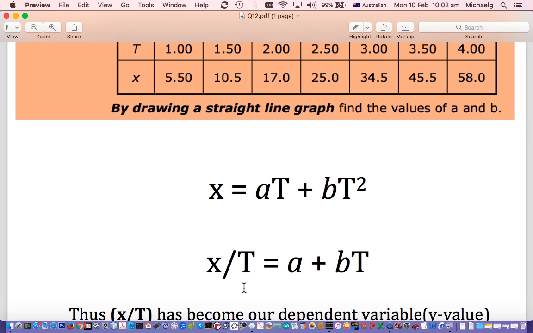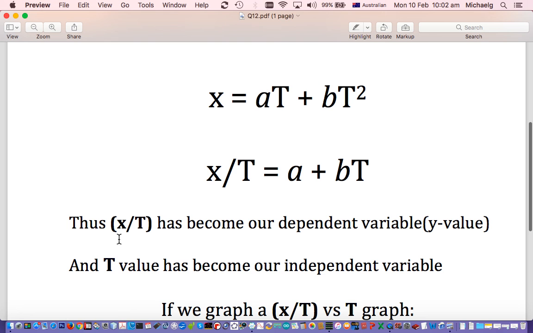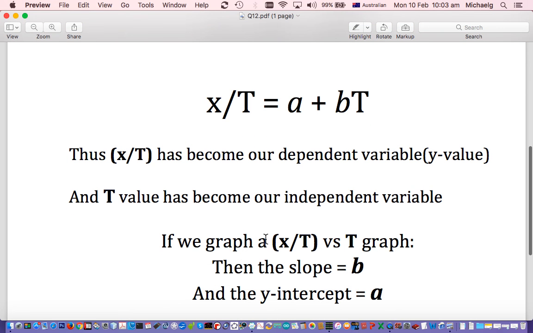So what I've done here, thus our x over t has become our dependent variable, brackets our y value. This is the value we normally put on the vertical axis of a graph, and the t value has become our independent variable. Thus, if we graph a x over t versus t graph, then the slope will be our b value, and our y-intercept will be our a value. Okay,